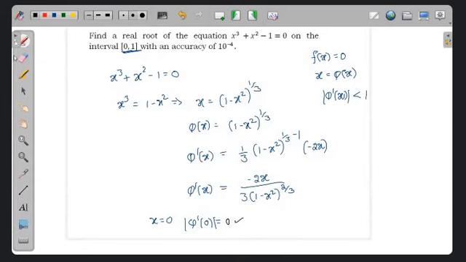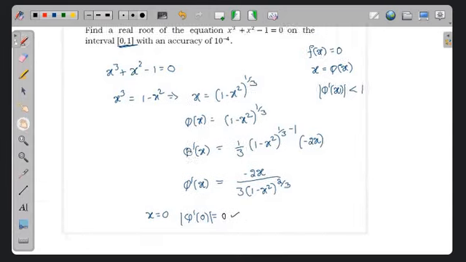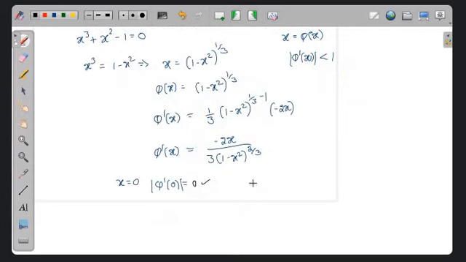Now let me see at some other random point, that is x equal to 0.7. If I take x equal to 0.7, what is phi dash of 0.7? Can someone calculate and tell me? I'm seeing its absolute value. This is what you need to calculate: 2 into 0.7 by 3 into